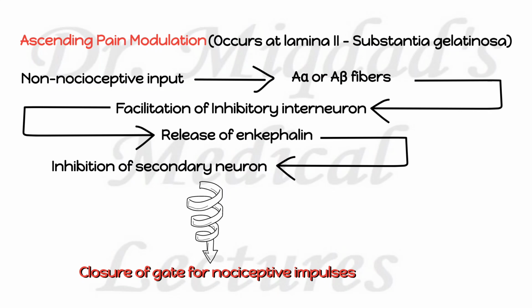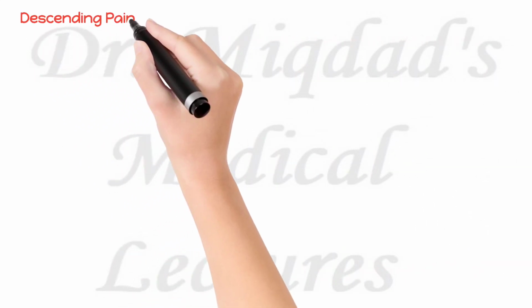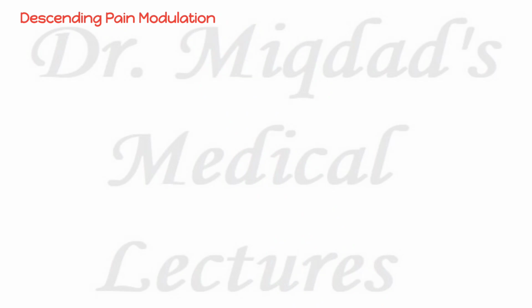Now let's come to descending pain modulation. While the ascending mechanism formed the entire original gate theory, researchers concluded that the initial theory was incomplete, as it could not explain all the examples of pain control. Because pain is a complex interaction of physiological and psychological components, the role of the brain's ability to elicit pain control was recognized and included.